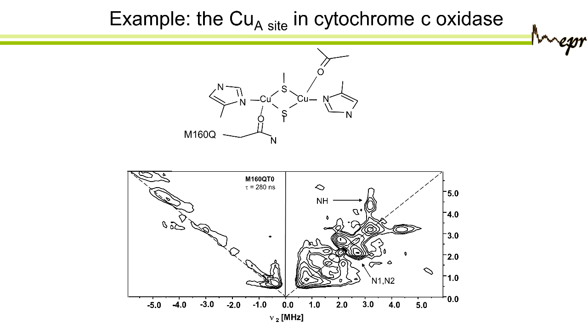So now let's see an example of this case, and this is cytochrome C oxidase. It's an enzyme, and we're not going into the details of the enzyme, but it has what you call a copper A site. So here you have two coppers, and they are coupled. You see they are very close to each other. There are sulfur bridges between them, and they have a total spin of a half. And you see that there is also a histidine coordinated to each copper. And then we can see again the remote